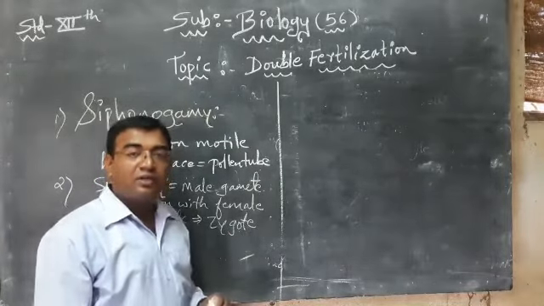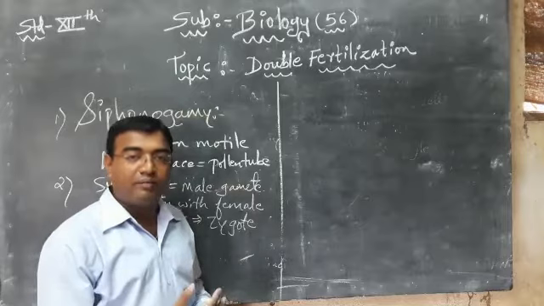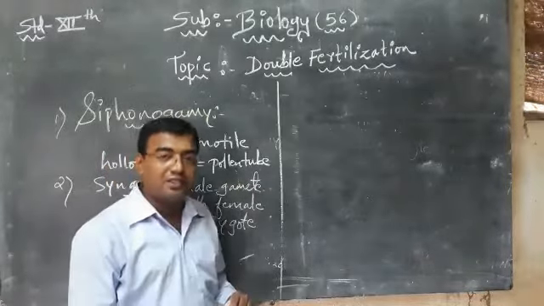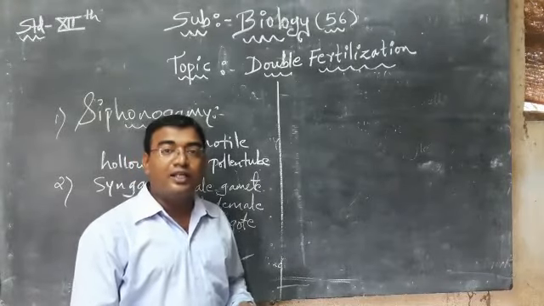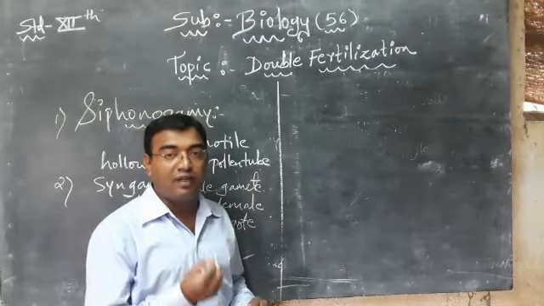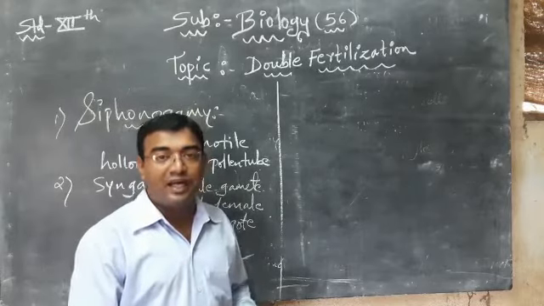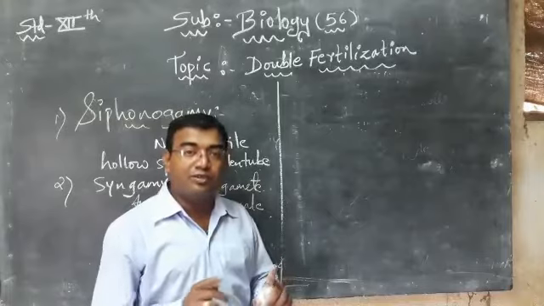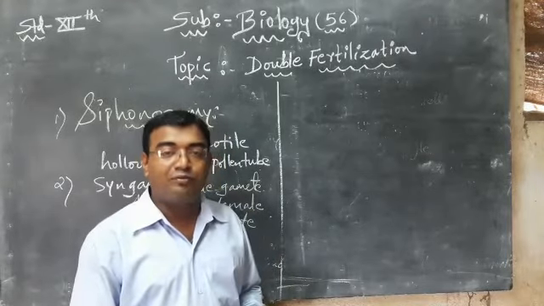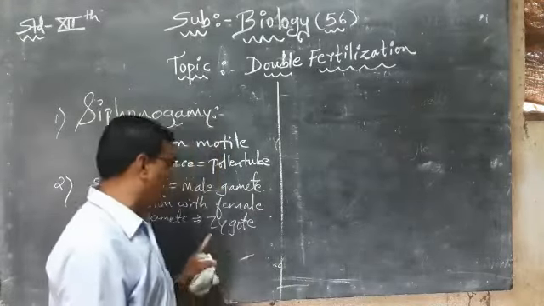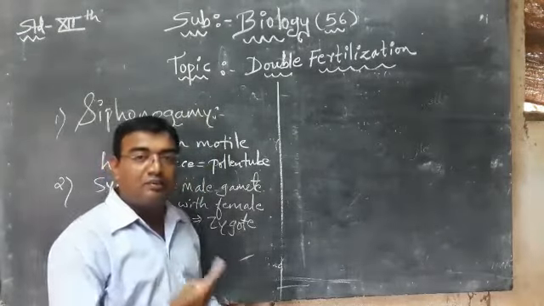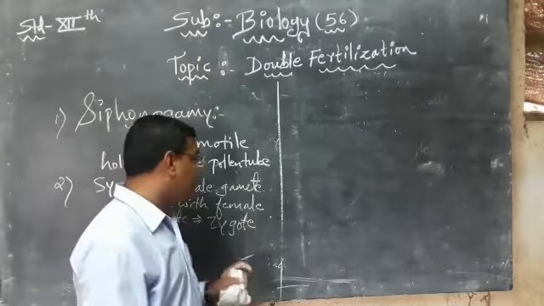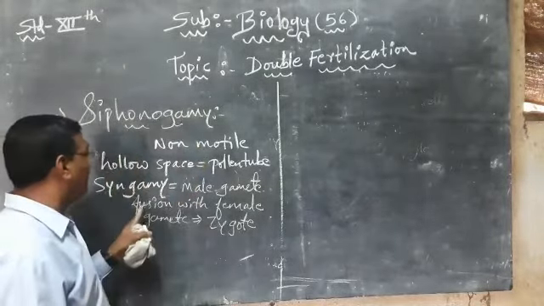We know that the zygote is responsible for the formation of embryo, embryo is responsible for the formation of seed, and seed is one of the characteristic features of angiosperm. We know that angiosperms are flowering plants, and flowering plants are blessed with flowers, having the male and female gametes. Together they produce the gametes, and the fertilization results in formation of zygote. Zygote is responsible for formation of embryo, and embryo is responsible for formation of seed. So this is all about syngamy.